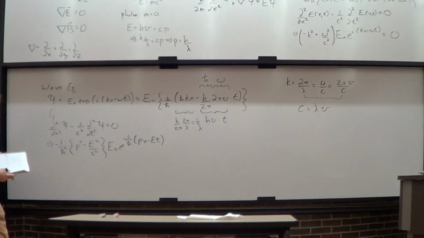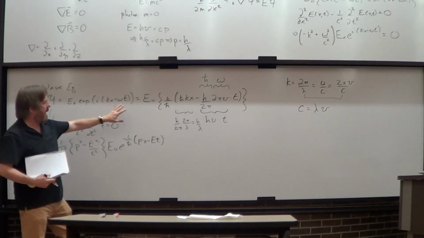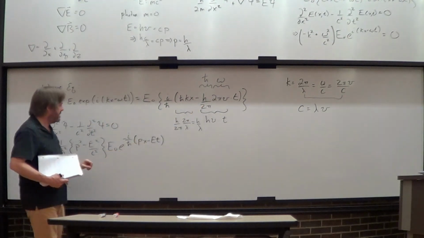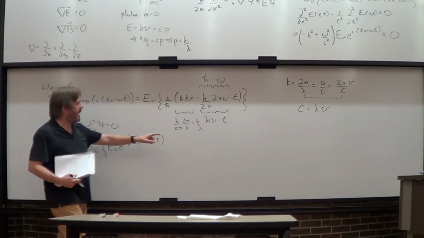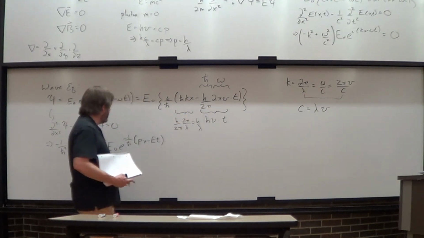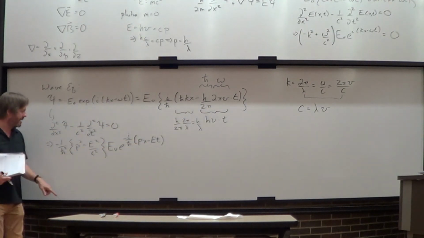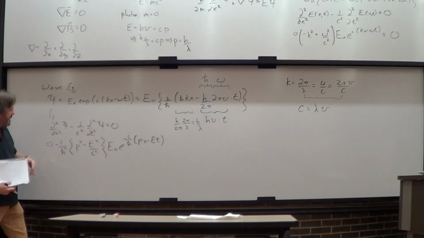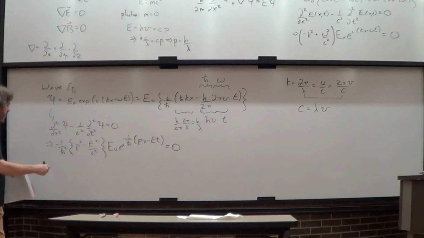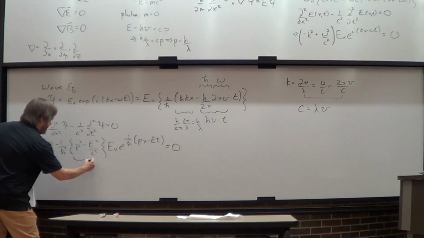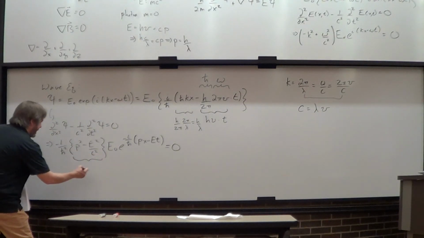Okay, so here's what you got. Again, I've just done some manipulations. I multiplied and divided by h bar. I've noticed that momentum has popped out, energy has popped out, so that's why I'm writing that px minus Et. I put it into this deal. Again, derived from Maxwell's equations, and now what have I got? Well, this part has to be 0, right? So therefore,